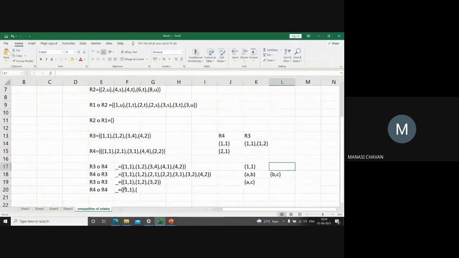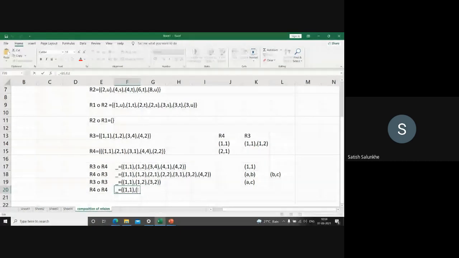So 2 comma 2. Okay, you are saying now 2 comma 2, why? Tell me. 1 comma 2 and 2 comma 2. Where are you having 1 comma 2 in this? Do you have any element of 1 comma 2 here? I was saying R3, sorry. So what should I write here? Tell me. 2 comma 2. Why 2 comma 2? Because of 2 comma 1 and